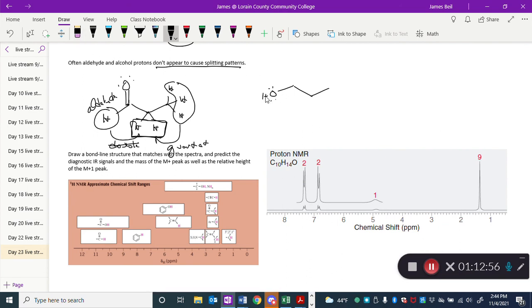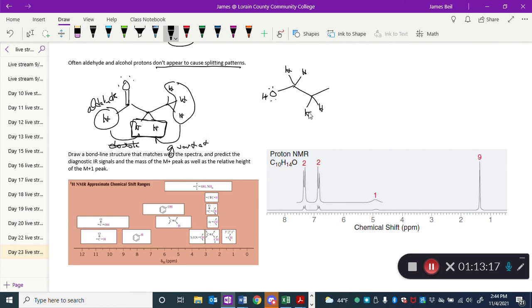Same thing here. This proton here could cause splitting on these hydrogens. And with an alcohol, sometimes I see it, sometimes I don't. Also with an aldehyde, sometimes you see the splitting, sometimes you don't. So it's a little bit hard to know for sure, but at least you want to be aware of what you might see. And so for these 2 protons, they'd be split by these 2 neighboring protons, assuming there's no